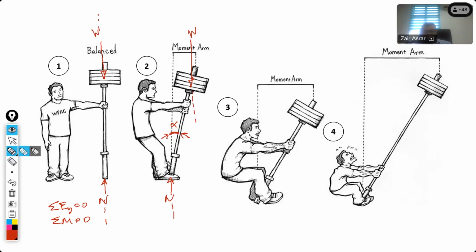You can try this experiment by yourself. Try to hold a pole with weight at one end. Let the pole have some angle. In this case, you will be feeling a force in your arm. You need to do something to ensure that the whole setup will be in equilibrium. You need to apply some force here. Previously, you don't need to do anything. Force here is equal to 0, so the force in your arm is equal to 0. In the second case, you need to apply some force in the arm to ensure that the whole thing will be in equilibrium.